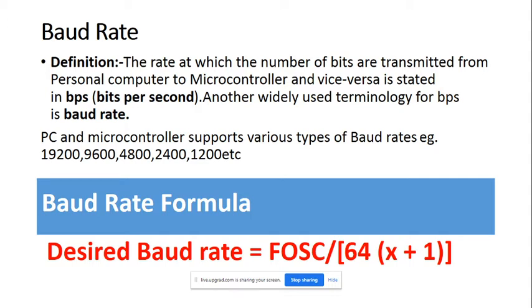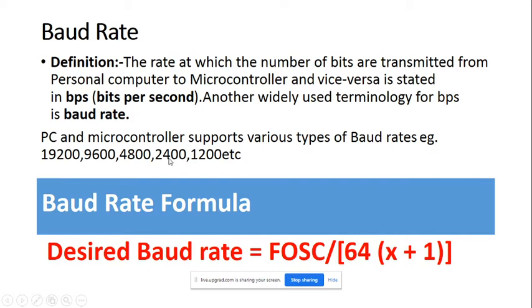We are transferring data from one device to the other, from PC to microcontroller, with the help of various baud rates. Various options are available, such as 19200, 9600, 4800, 2400, 1200, etc. We can choose any baud rate as per our choice.